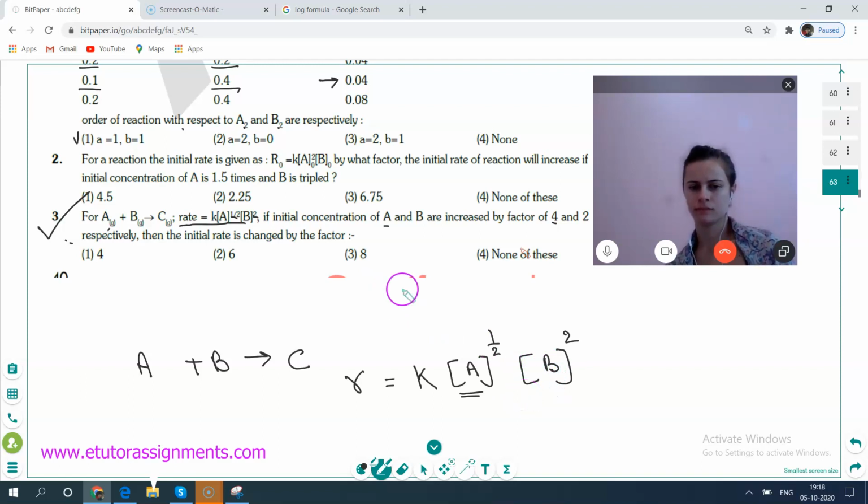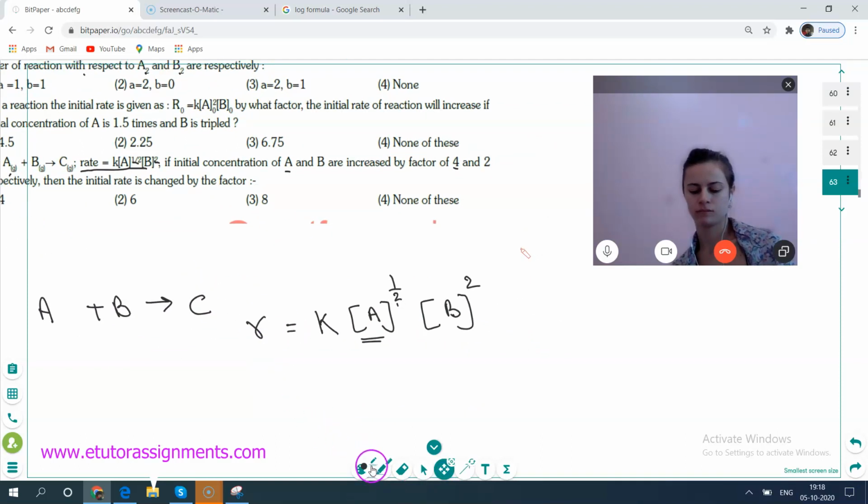Suppose you mixed A gas and B gas and left it. After 10 o'clock you just wake up and say, okay, let me see the rate. So what you will see is the concentration of A at that time and the concentration of B at that particular time, then you power it, then you will get the rate of reaction. Is it clear? So here they are telling the concentration is initial, let us say the rate is this one.